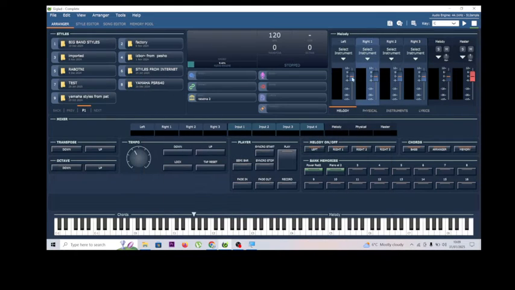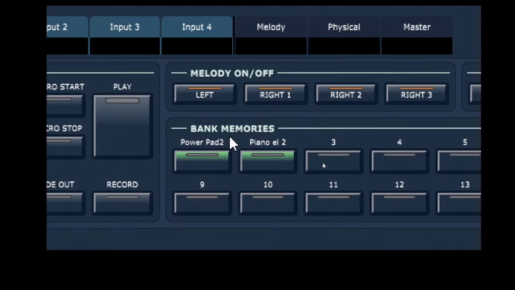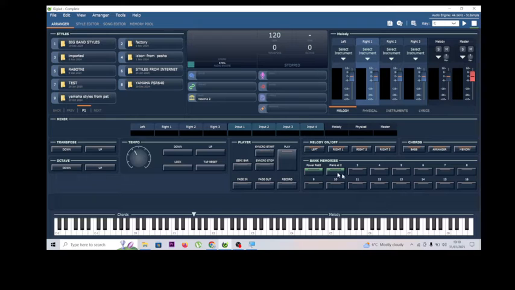Hello guys, in this video I will show you how to get some instruments, for example, from my Orient and Ethnic SoundFont bank. We make the choice of a few instruments and we make the presets, and later we will put them on the bank memory just to use them in a quick way. When we make it, we'll put it here and we use it. And when I make the choice of four or five instruments, just for example, later we play